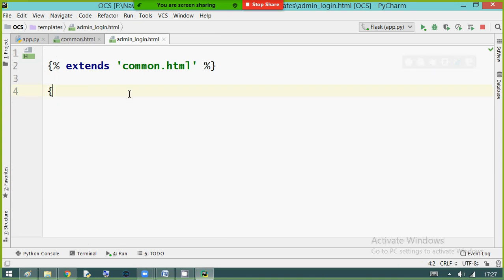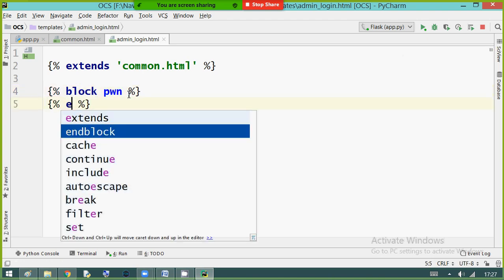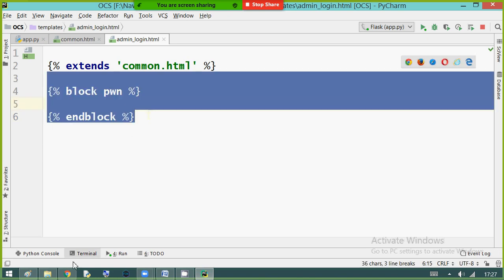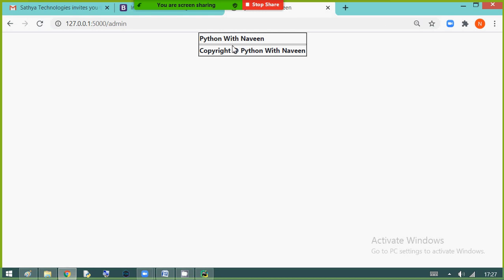So inheritance and overriding. Block, end block. Now in between this, whatever code you write will be displayed in between the title and the footer.